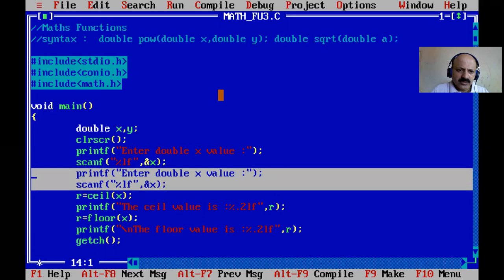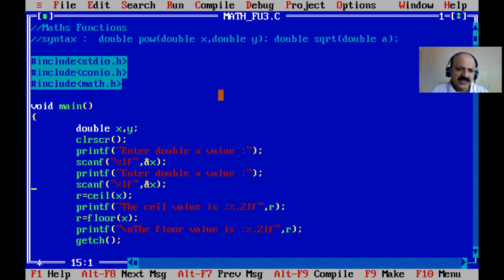Both, and also you can take static, there is no problem. So x and y, and here we can also take a third variable like r. Yes, and you can also print directly. So here r, and you can take the power, x raised to y, so here the power x y value is okay.